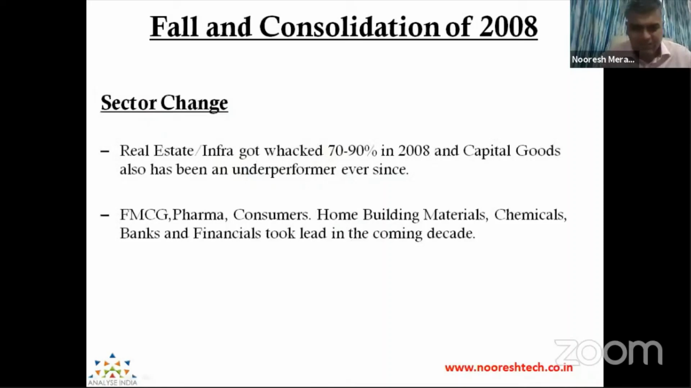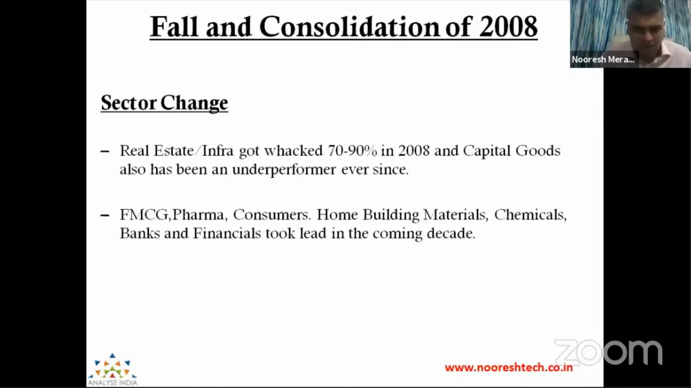Now, the sector change: real estate and infra got whacked by 70 to 90%, and they've still not been able to recover. Capital goods, which was again the torchbearer of 2003, you can still see a lot of stocks have not recovered even after 12, 15 years. But a new sectoral change happened. FMCG stocks, which did nothing between 2004 to 2007,